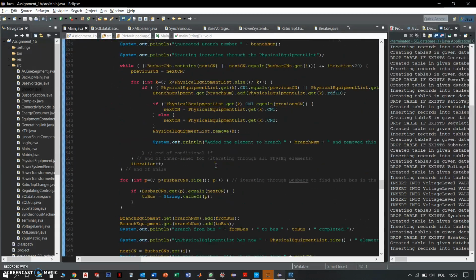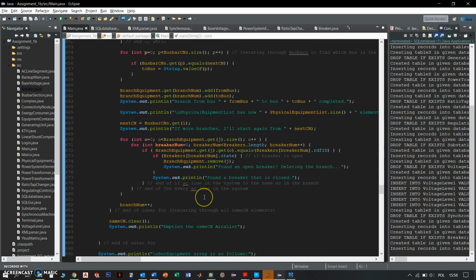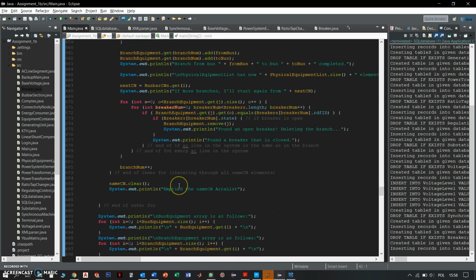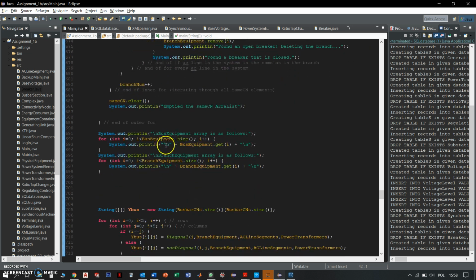And we also have a small method for breakers. We want to determine the breaker state. So if the breaker is open, then we need to delete the branch, of course. It's done in this small for loop. For this example, all the breakers were closed, so all of them are found as closed, so no branch is deleted. And then